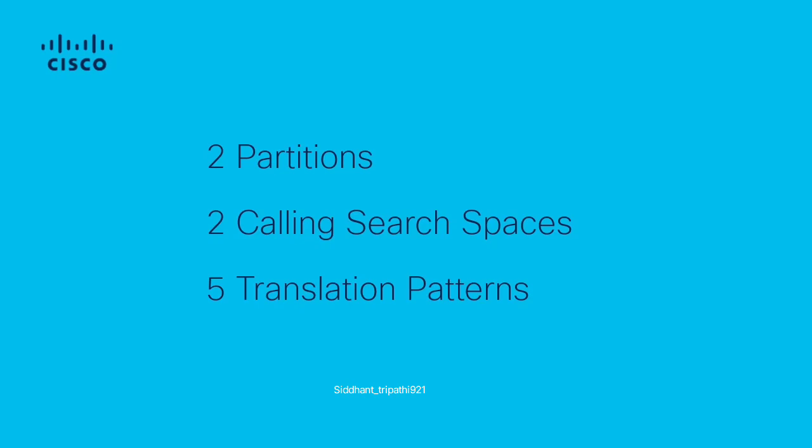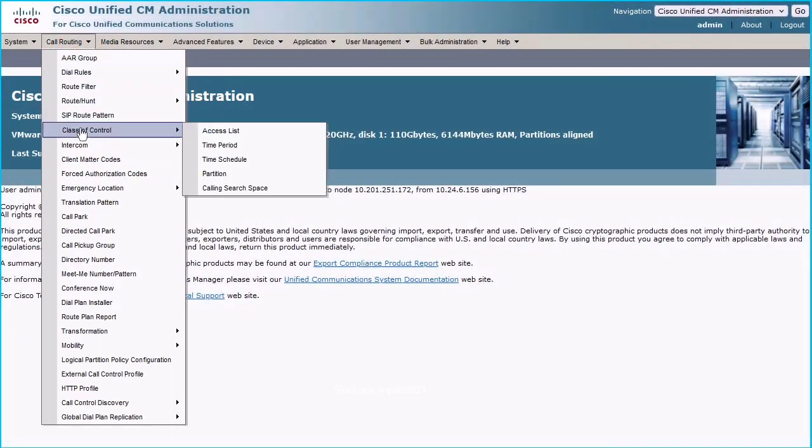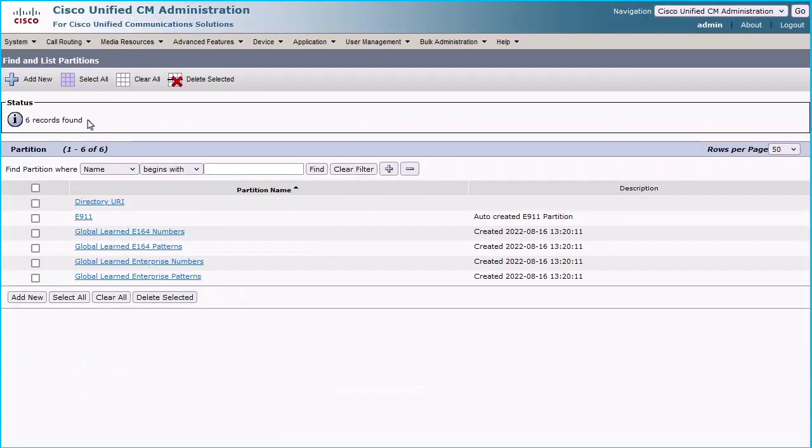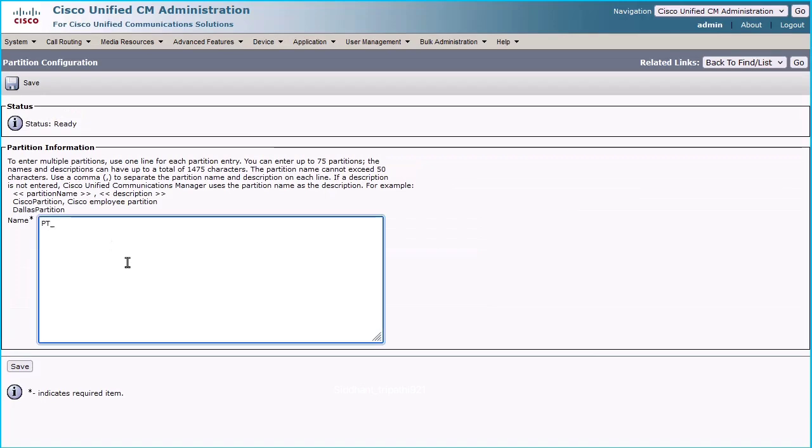For creating 2 partitions, log in to Cisco Unified CM administration page and then navigate to Call Routing, Class of Control, Partition. Click the Add New button and add partition PT Inbound Calls and PT Filter List, and then click